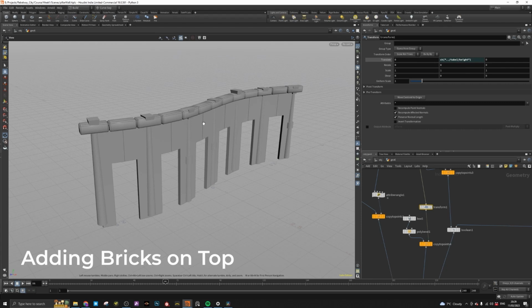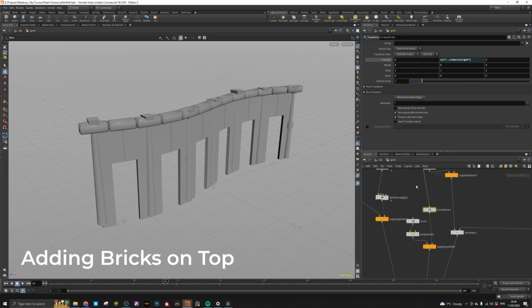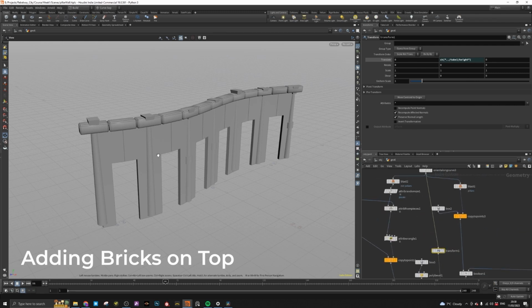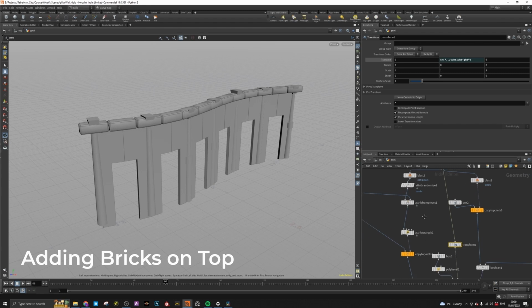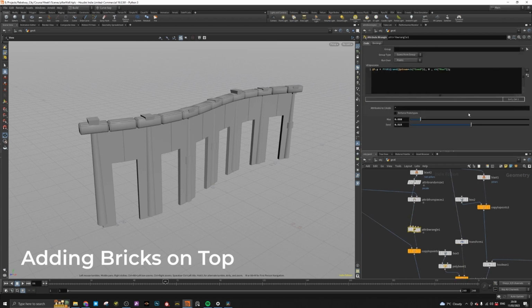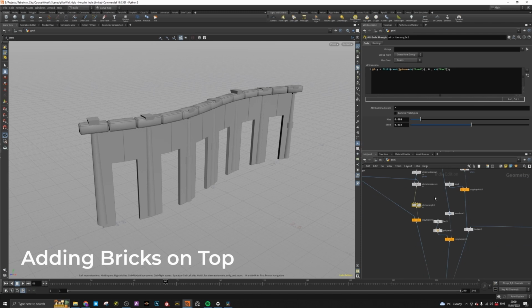So if we had this geometry and we wanted to vary, let's just say its position on the Y. You know, we created this by using the existing points on the curve. If we wanted to vary this on the Y, we could just use this that we created before. But in a lot of cases, we don't have this copy to points. And in some cases, it's also not desirable. When we move into the full setup, you'll see instances where this is true. So let's use the for each loop,